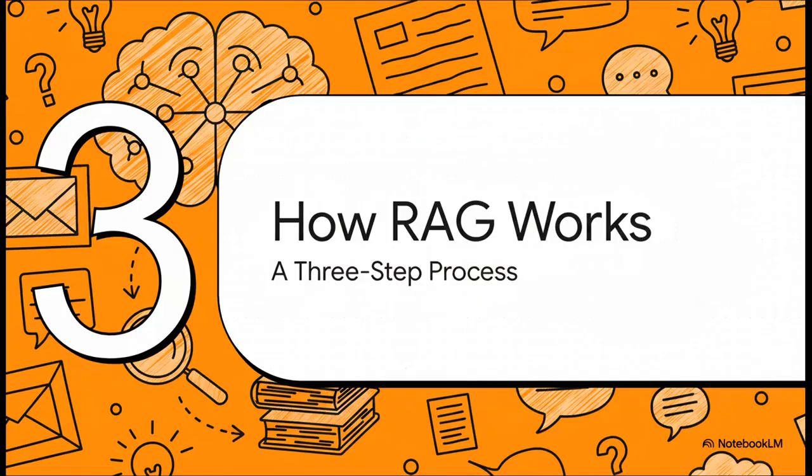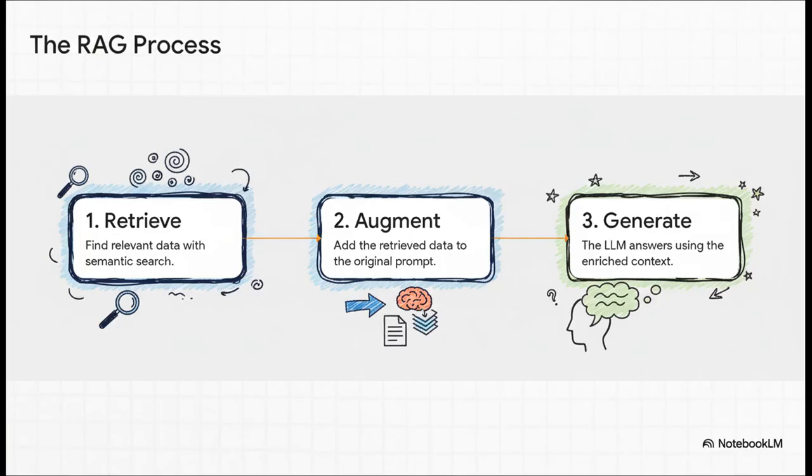So cool. Okay, so now that we get the magic of semantic search, let's plug it into the full RAG process and see how this all comes together, step by step. It's this beautiful three-step dance. First, it retrieves. The system uses that semantic search to grab the most relevant little pieces of info from your private data. Second, it augments. It takes what it found and stuffs that context right into your original question, creating a brand new enriched prompt. And finally, it generates. It hands that super prompt to the LLM and tells it to generate an answer based on this new context.